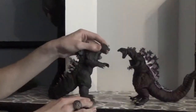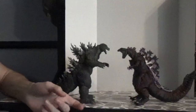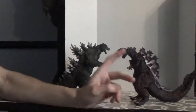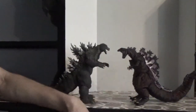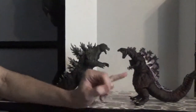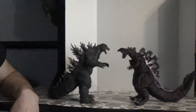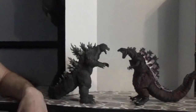Right here, as you can see, Shin Godzilla is actually way shorter compared to him, which again isn't really that accurate at all, considering this Godzilla was actually the tallest out of all the Godzilla portrayals that we had seen until the anime trilogy version of Godzilla almost completely dwarfed over Shin Godzilla here. But